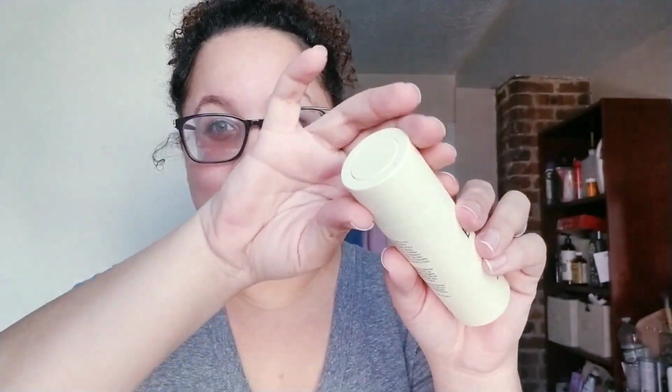So you just press it, I think. All right, well, oh, okay, well, this is what you're supposed to do. You turn it and it pops up like that. Okay, this is great for traveling. If you're a person who travels or you are constantly on the go and need to carry serums with you, I don't know for what you would need to carry a serum, but this is really cool. I wonder if they have a moisturizer like this, because this would be great to carry in your bag. Like, look,